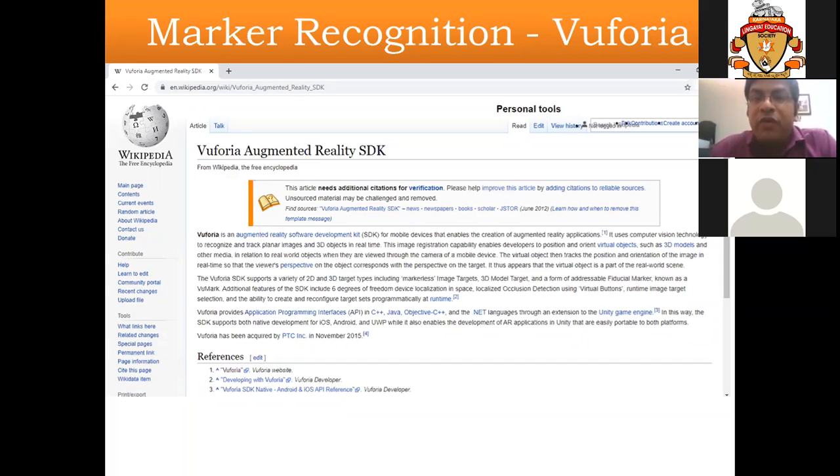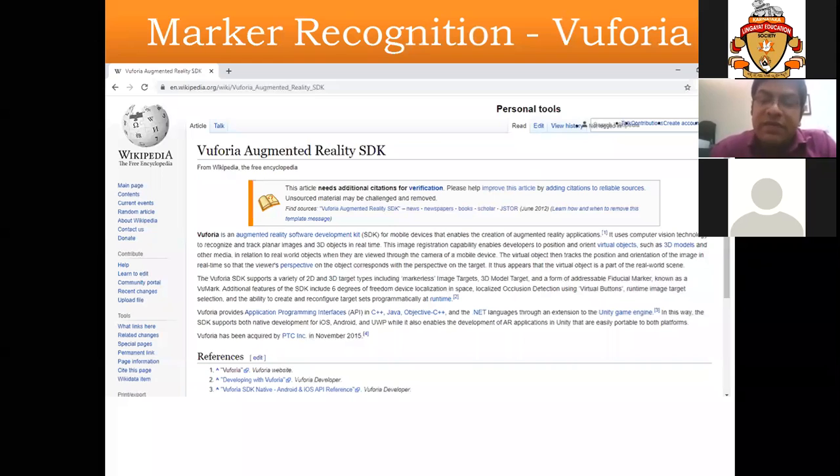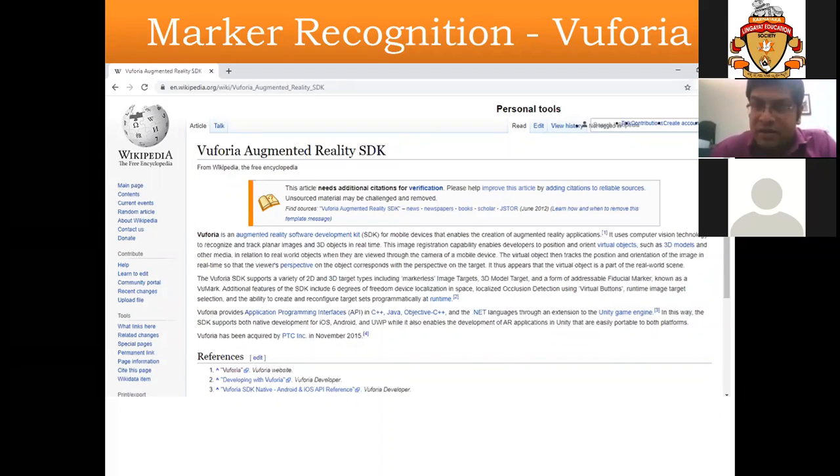So Vuforia is completely capable of handling this type of image registration procedure. There is also the 3D model target and a form of addressable fiducial marker, known as VuMark. I will show you what a fiducial marker is, and how Vuforia identifies a particular target by using the fiducial markers known as VuMark.